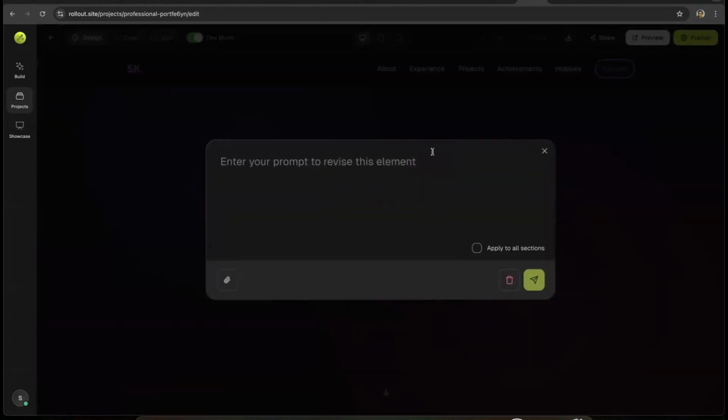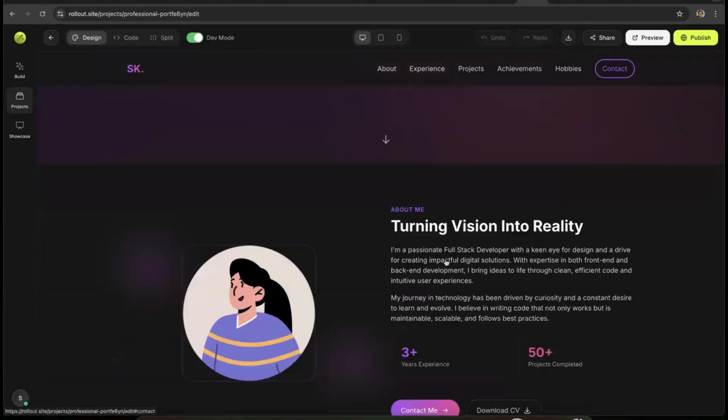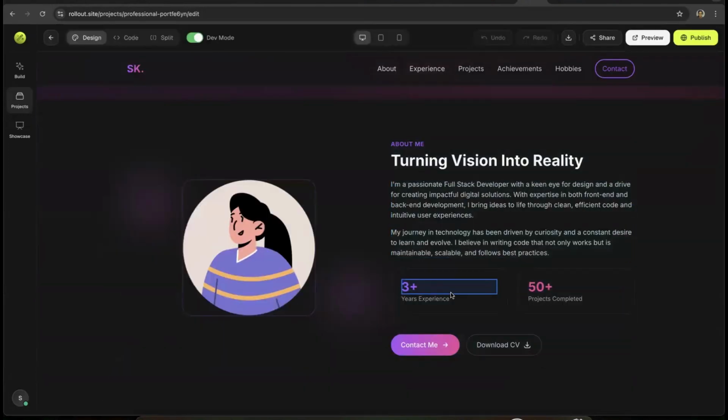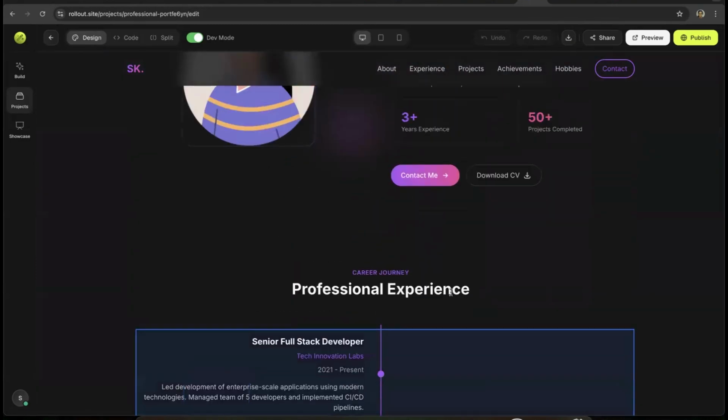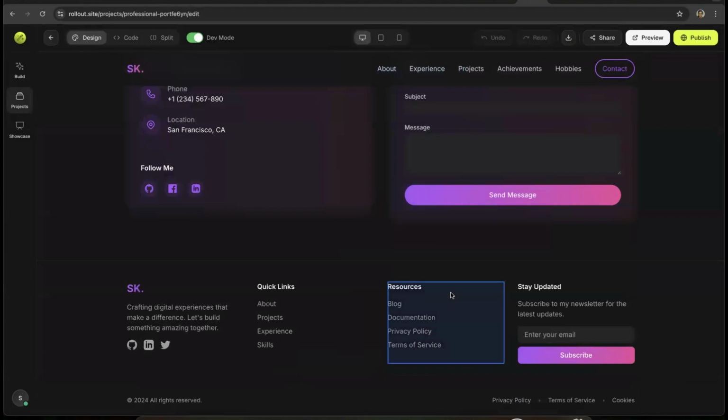And just change it. Revise it using the prompt. Just use a prompt to change it. Change this. Everything you can change. Perfect. See? So yeah,